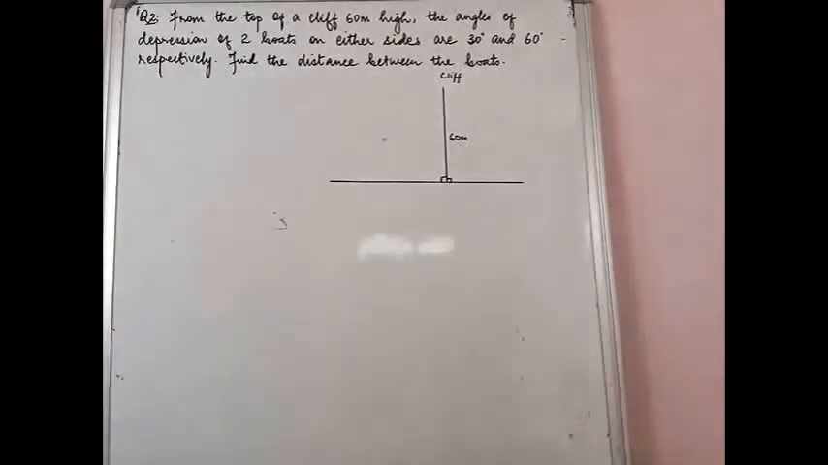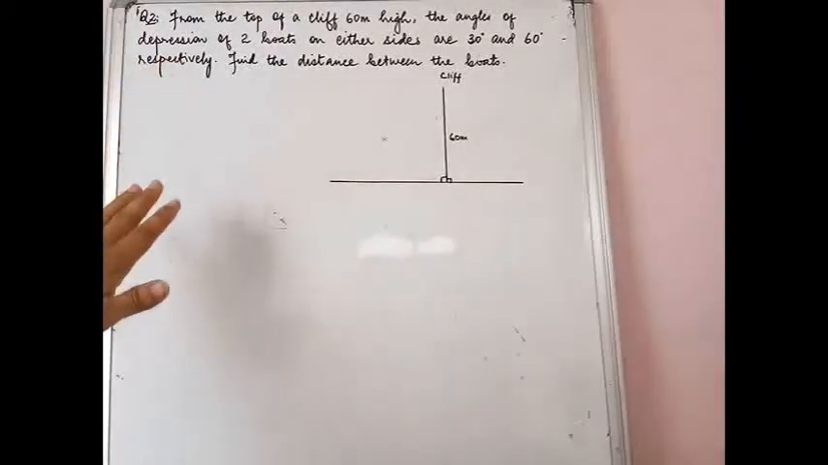Okay, so here is the second question. From the top of a cliff 60 meters high, the angles of depression of two boats on either side are 30 degrees and 60 degrees respectively. Find the distance between the boats. Okay, so